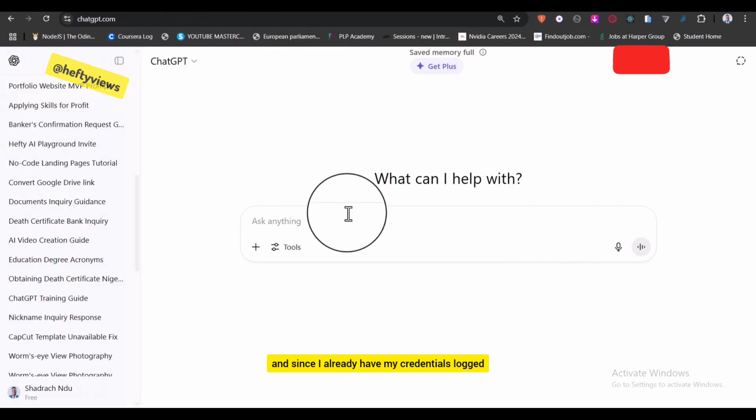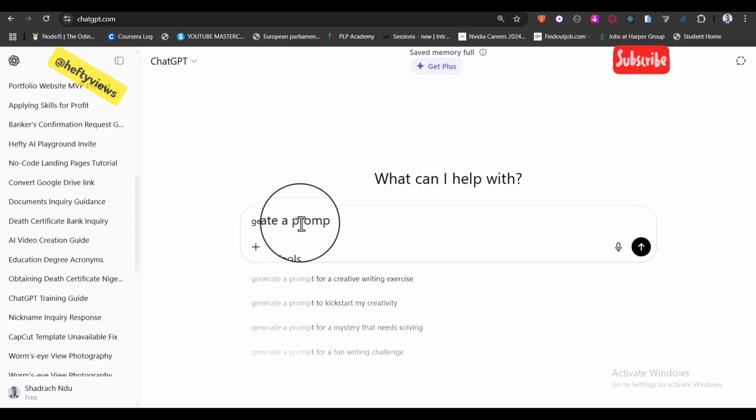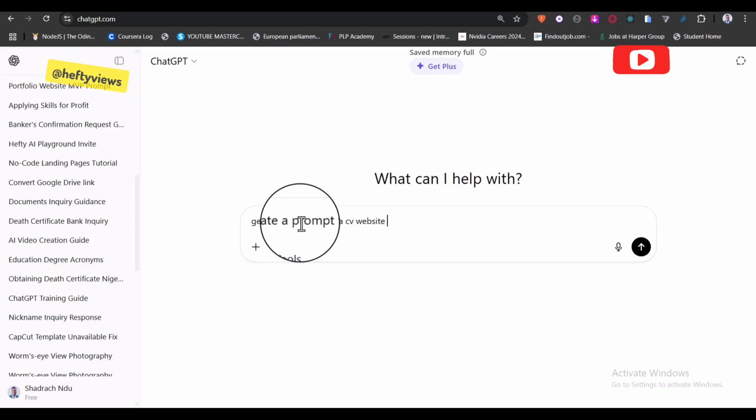And since I already have my credentials logged into ChatGPT, I can say generate a prompt for a CV website for me using, remember I told us about making AI know who you are, using my details. In fact, let me be specific, all my details. So no need for my details. Let me just go and remove this one. So I'll say all my details,